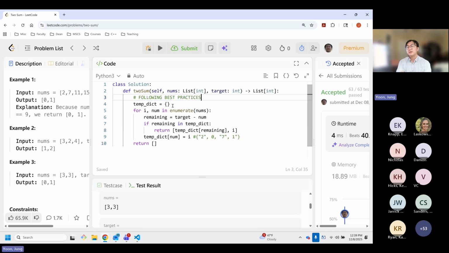The next step is to do something called following best practices. Now, obviously for LeetCode, this is unnecessary, but for interview practice, don't you think they would feel really happy if they saw something as simple as a try catch block?